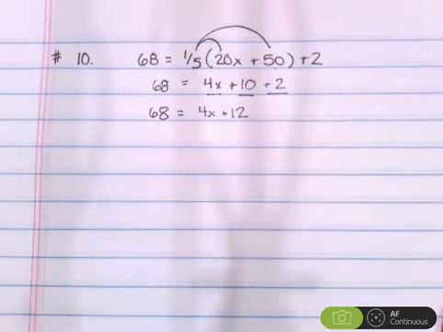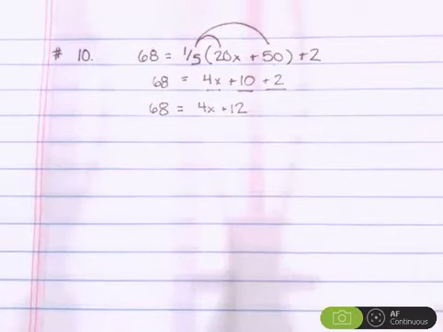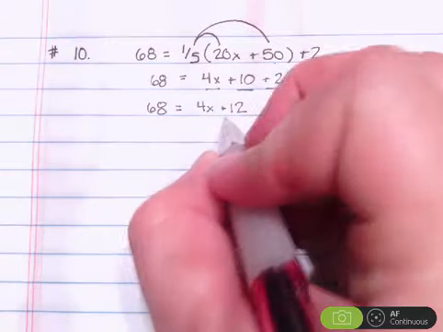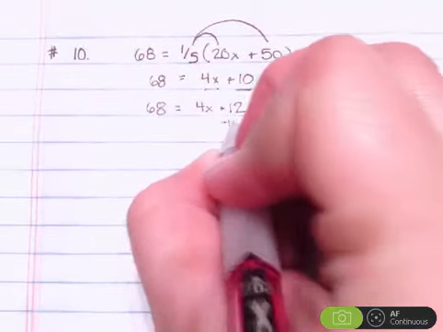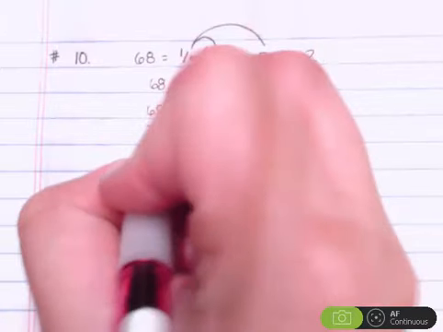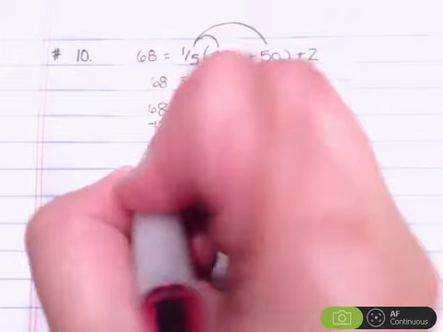Okay? Now I need to isolate my variable, or get x completely by itself. So first, I have to get rid of anything that is not attached to my variable. So I'm going to get rid of this addition of 12, and I'm going to do that by subtracting 12. And anything I do to one side, I have to do to the other. That's the golden rule of equations, remember? So then you get 68 minus 12, which is 56,